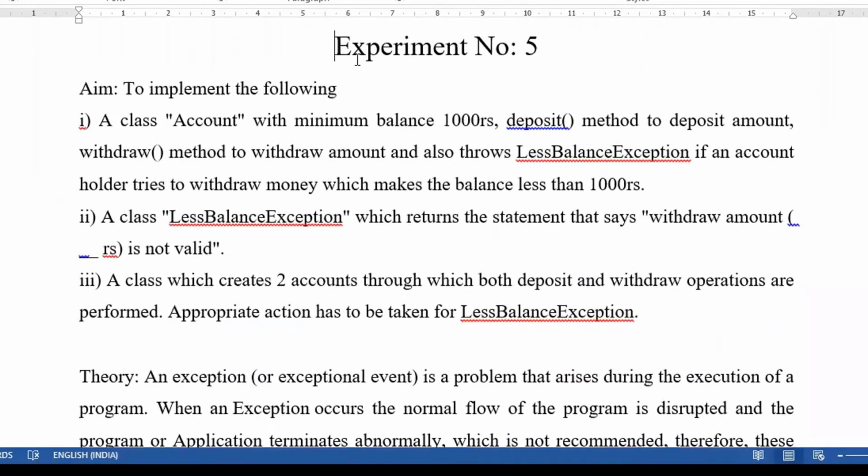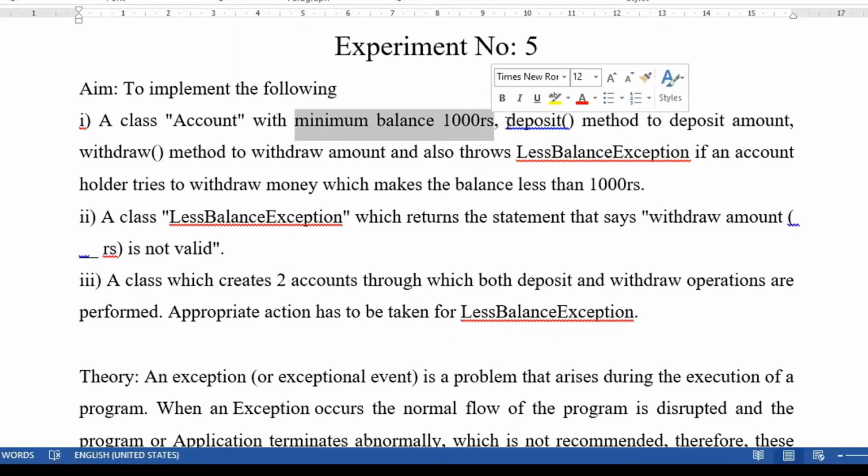Okay. What the problem statement is saying is you need to have a class Account with a minimum balance of 1,000 rupees, right? I already told you in the last class, according to this requirement, you can have one constructor in this class. What is the purpose of a constructor? It is used for initialization of your instance variable, right? So I'll take one variable which I'll keep as balance. Once an account has been created, I'll make sure that 1,000 rupees has been added for that account, right? So with respect to this part, I'll be going with the constructor.